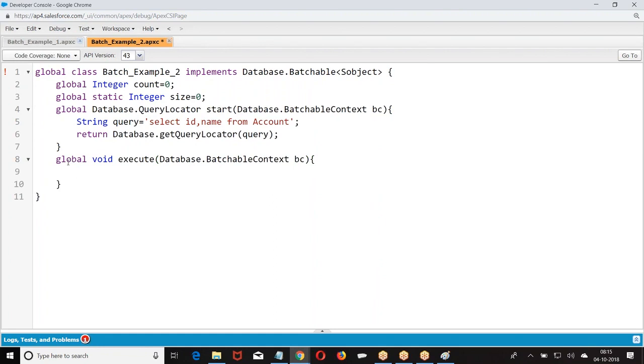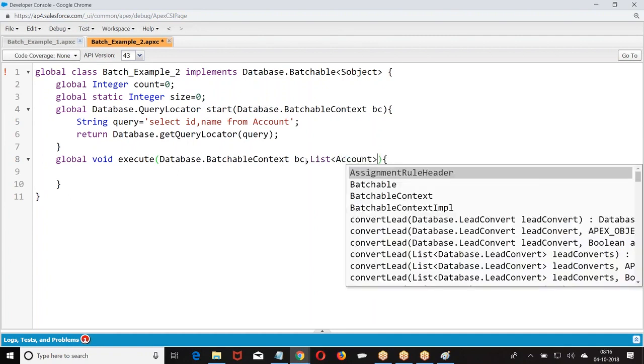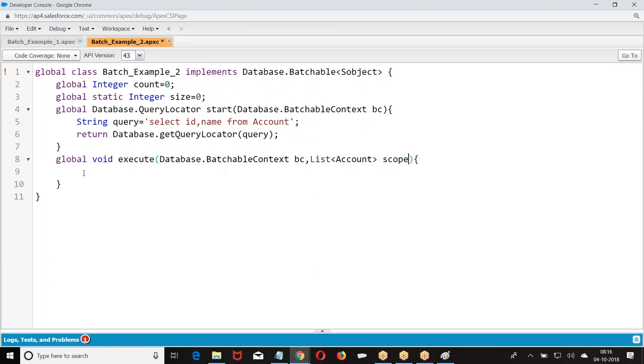Database.batchable context. What is the next parameter we need to give? I'm going global void.